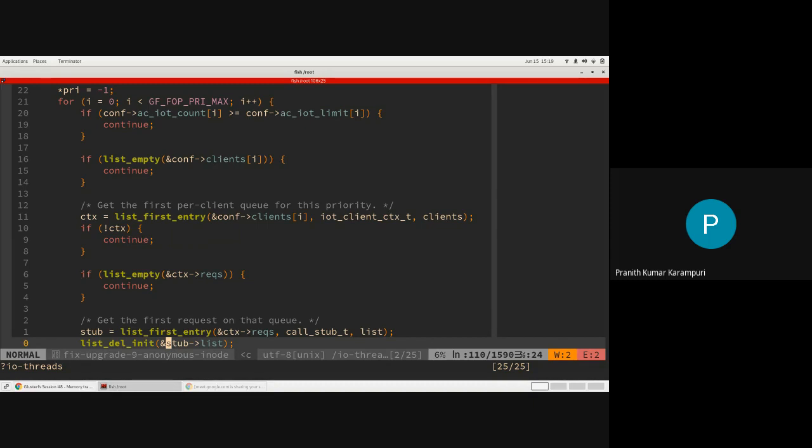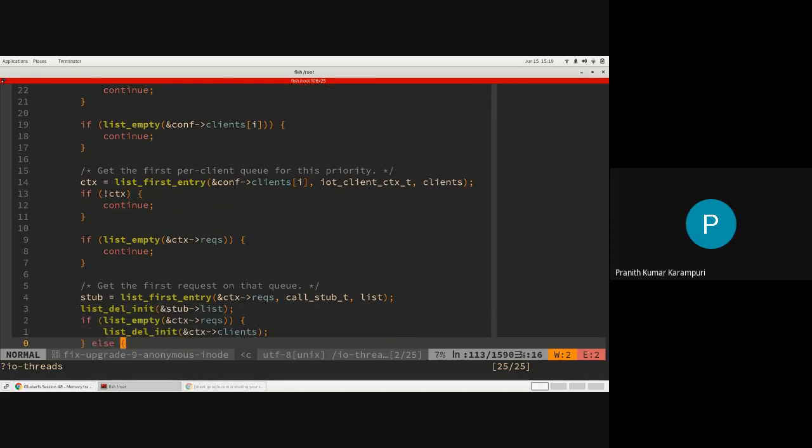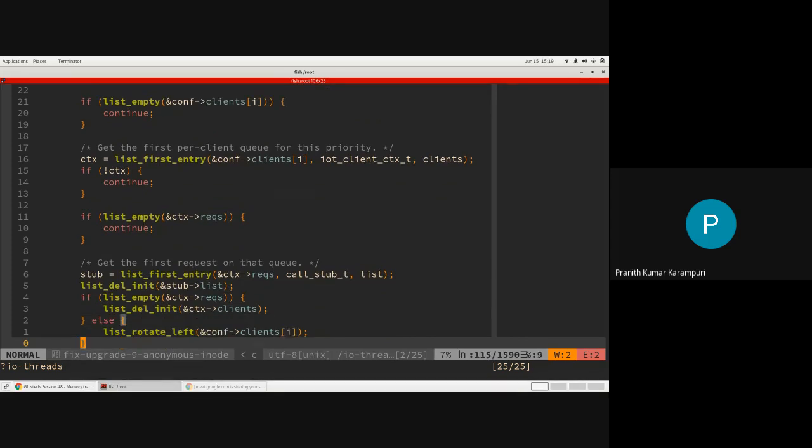If all the high priority requests in that list or queue are done, then you go to the next priority. That is what is happening here. Every time you dequeue from one client, you rotate the list to the left. This is like a circular list, so you are rotating so that you will start handling the next client's IO.